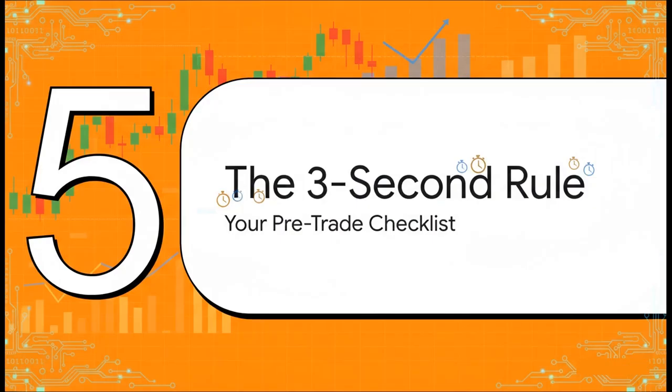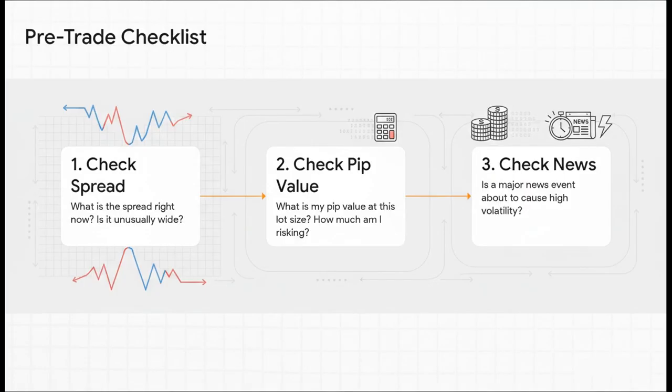So, how do we bake all of this into a professional habit? We do it with something I call the 3-second rule. It's just a simple, mental checklist you run before you ever click the mouse, and it can prevent nearly every common, costly beginner mistake. So before you even think about hitting that buy or sell button, just take a breath